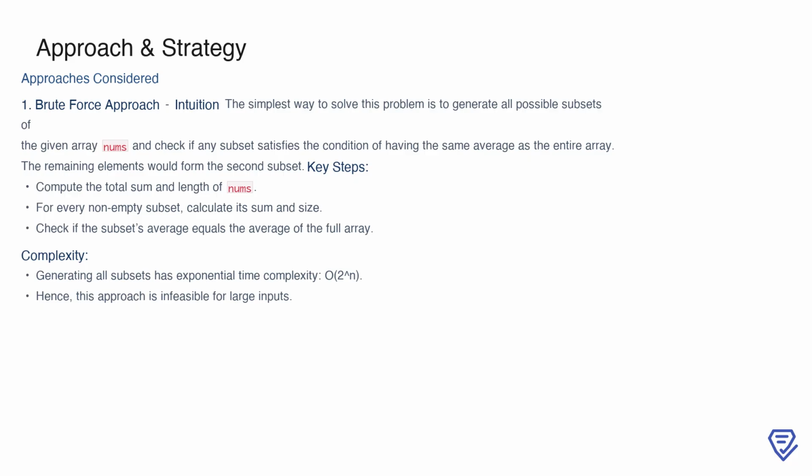the problem. The idea here is to generate all possible subsets of the array nums and check if any of them satisfies the condition of having the same average as the entire array. Once a valid subset is identified, the remaining elements in the array naturally form the second subset. The process involves several key steps. First, calculate the total sum and the length of the array. Then, for every non-empty subset, compute its sum and size, and check if its average matches that of the full